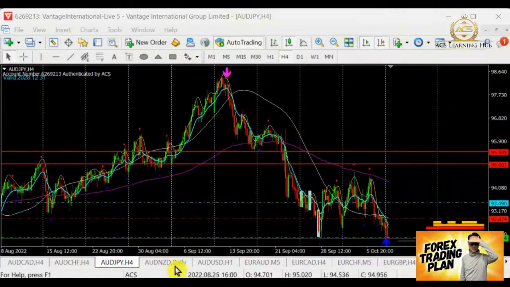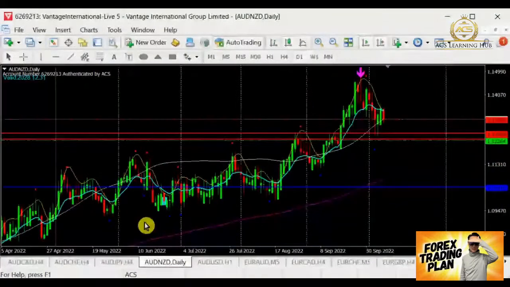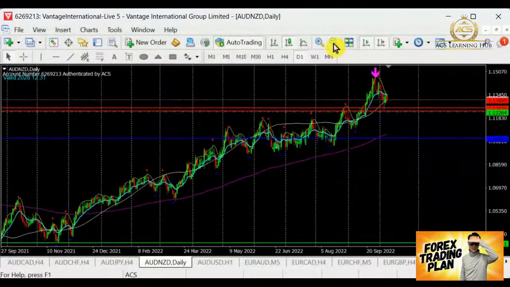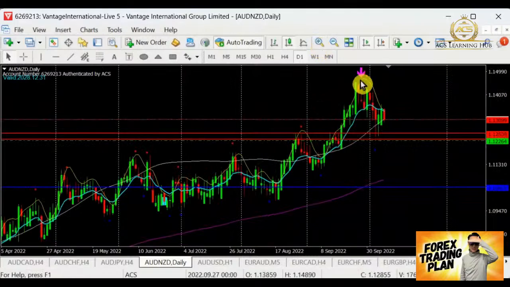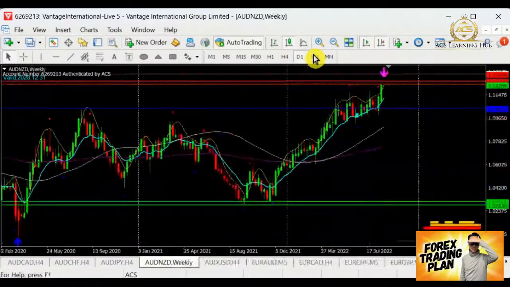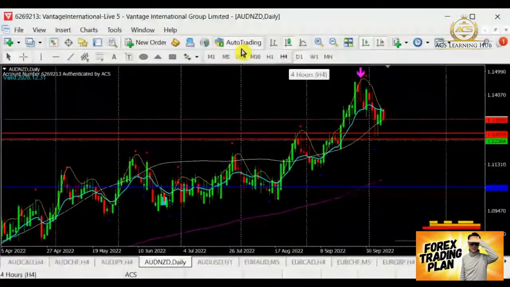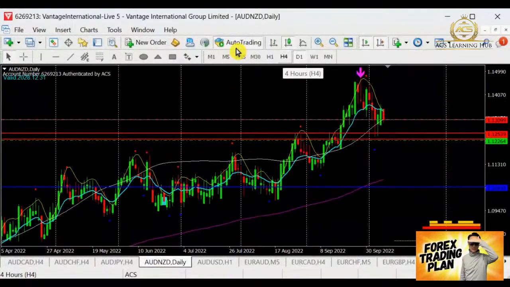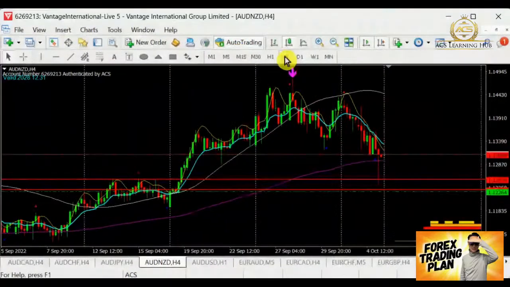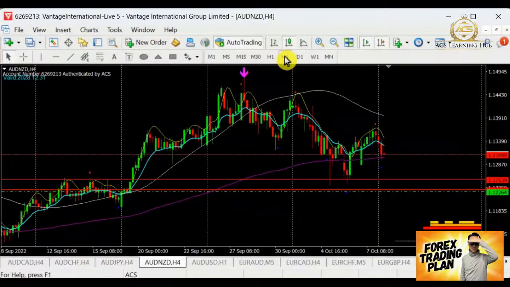Right. So let's move on to Aussie Kiwi. Looking at the Aussie Kiwi over here, we can see it is still in a bullish run. Tentatively, all these are a little pullback here. Will the pullback give us a chance to sell in this pullback session? I would say yes, there may be a chance.